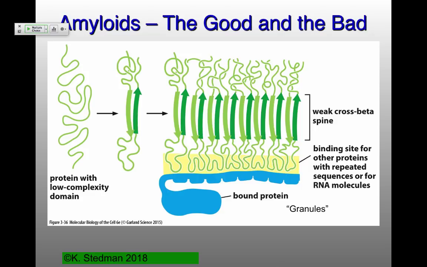But what happens here is you have a protein, see here on the left, with what people often would call a low complexity domain. What do we mean by low complexity? By low complexity, we mean sequences which repeat a lot more often than you would usually expect. You don't use all 20 amino acids in this particular case. And it turns out that a lot of these low complexity